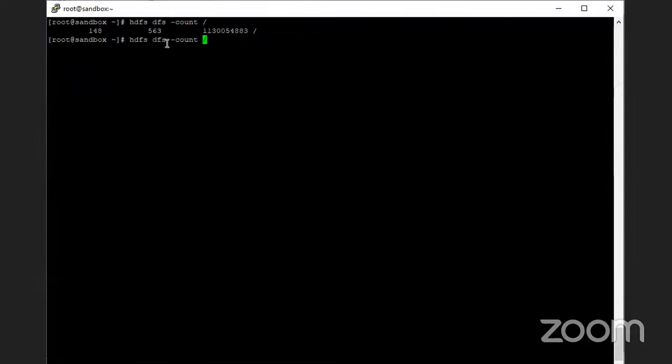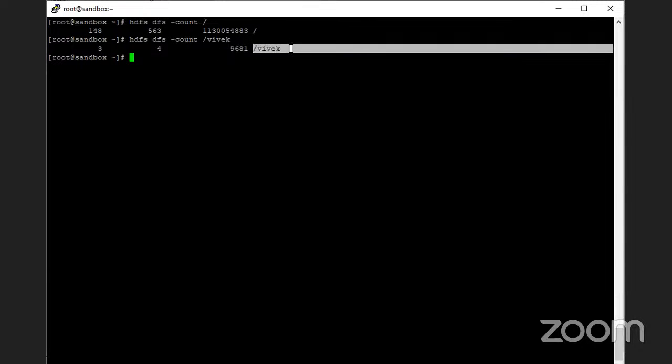If I want to get it for my directory, I can provide it like this. It shows that it consists of 3 directories and 4 files, and this is the size and the path. So this is another command, and besides that you can also use a command like rm to remove,